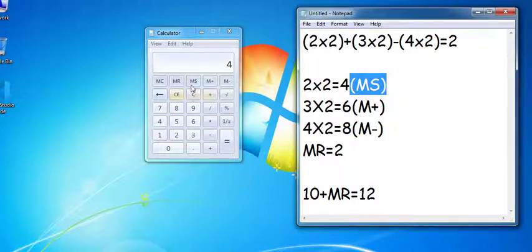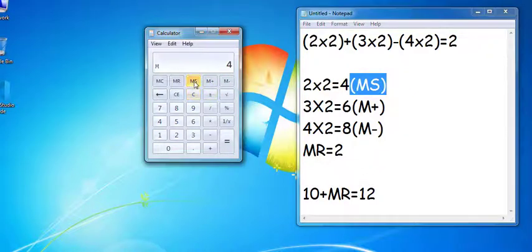So when I press this MS button now, this 4 will be stored in the memory. Notice this M symbol appears here in the display screen. It means we have some value stored in the memory. So this 4 has been stored in the memory successfully using the MS button.